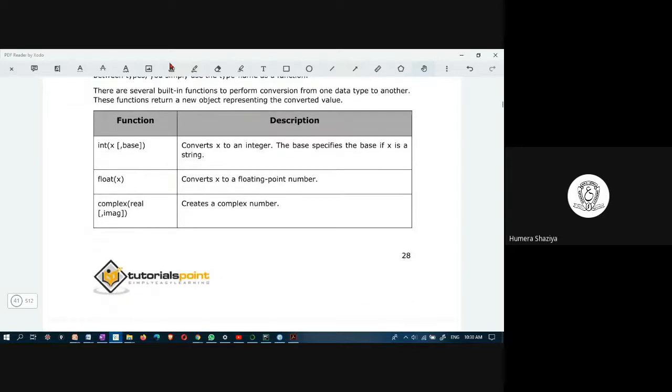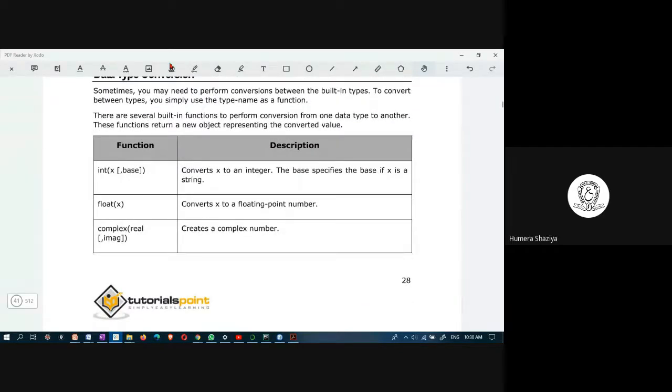Conversions can be done, as you might have learned about type conversion or data type conversion. You can convert a value of one type into another. That is also possible in Python by using int of x, which converts x to an integer. Suppose you say int of within single quotes 5. Actually, because it is within single quotes, it is a string. It is a character. It's not a number.